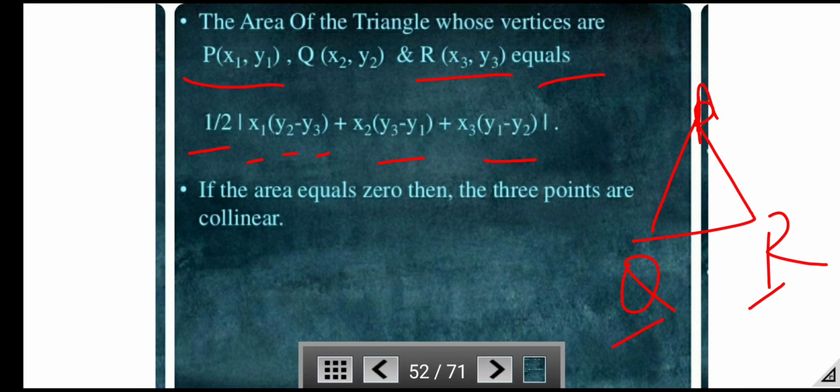If the area of the triangle is 0, then these 3 points are collinear. If 3 points are collinear, then the area of the triangle is 0, because if 3 points are collinear, then a triangle is not formed. So that's why the area of the triangle is 0. So to prove 3 points are collinear, we have to prove that the area of that particular triangle is equal to